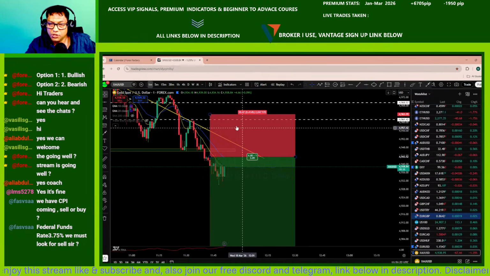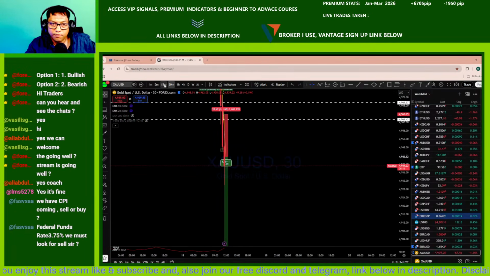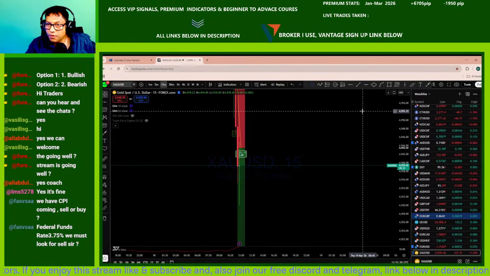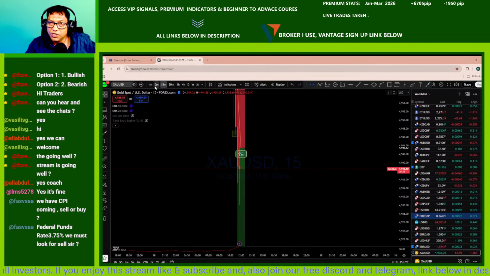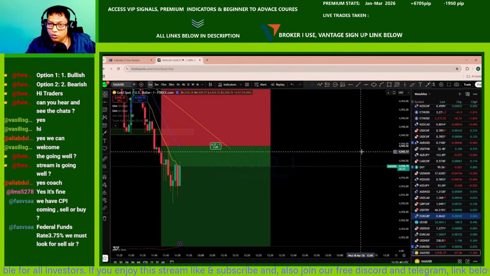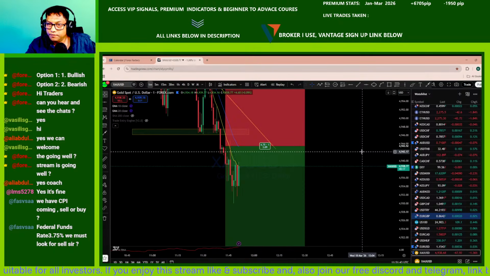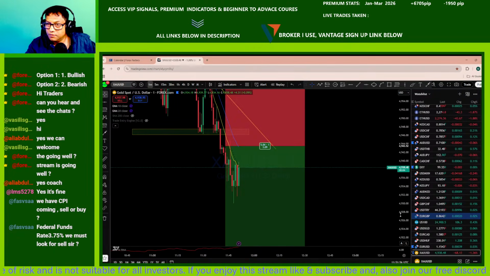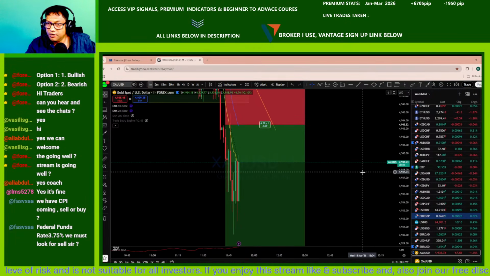We have a very tight stop loss. Can't hold on for very long. You want to see a clean rejection for any continuation to hold the trade. The price action here looks like